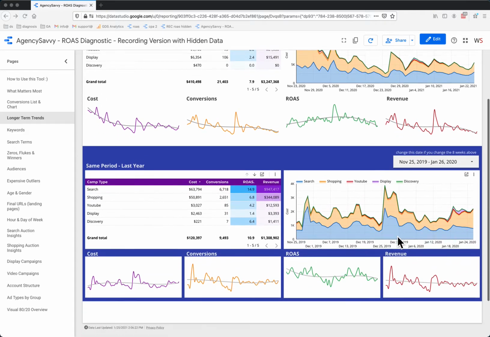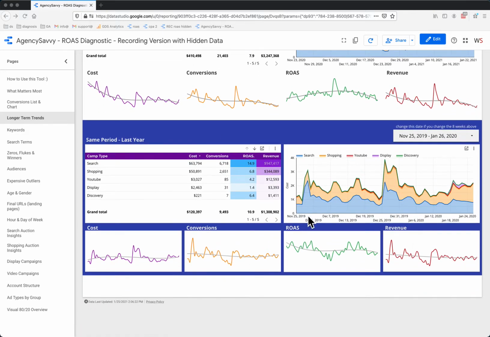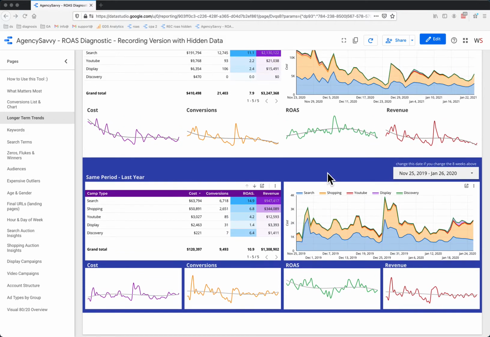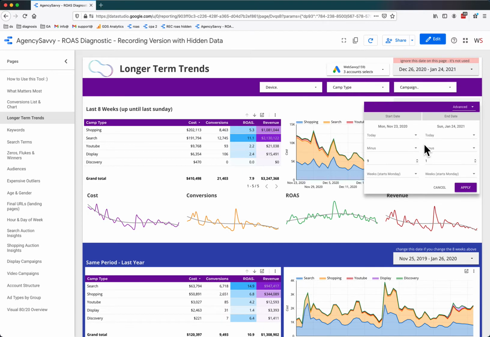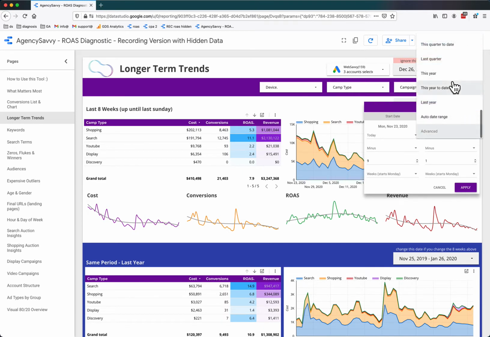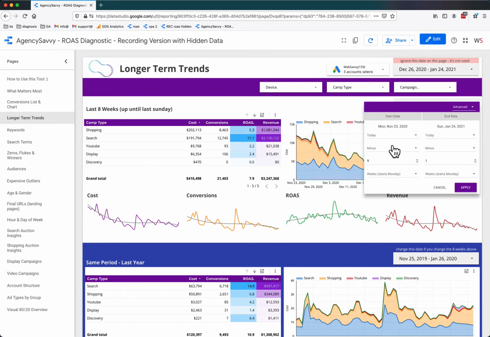And then the section with the blue background below is going to be the time period that you pick above for the previous year. So if you want, you can change that. You can go into this date picker and you'll see I'm using something a little bit different here. So rather than setting a fixed number or fixed dates for start and end dates, I'm using the advanced date picker here and then saying today minus 9 weeks and then the end date today minus 1 week, because the